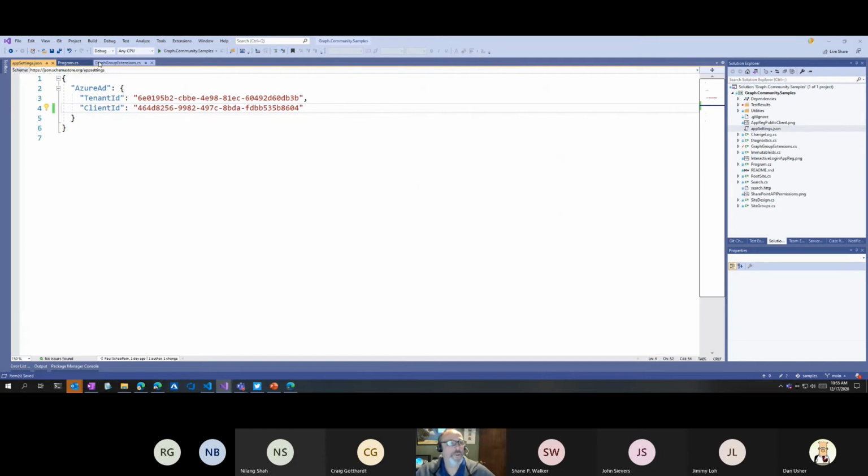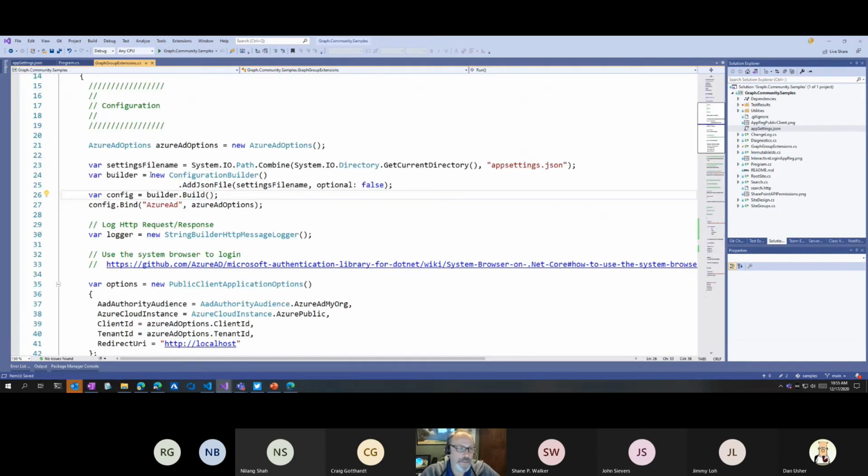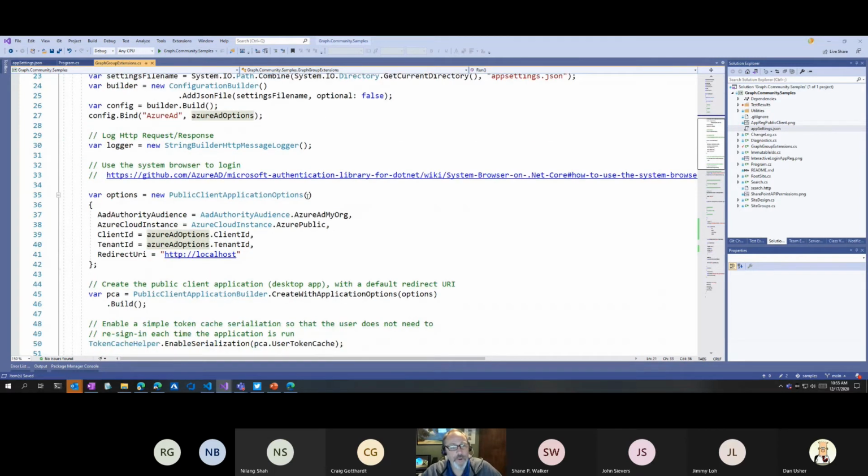So this code, we'll go through, and it does some basic information here. This is just .NET Core code to read the configuration file and set an object that has those options. Then I'm going to do some other setup work here. I want to show the log so I can show you what's happening. But here's the key thing about getting the access token. I can use the system browser.